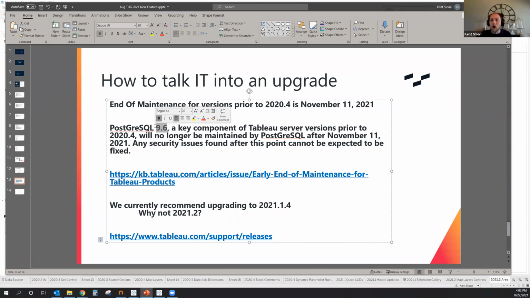So that's the big argument for why you should upgrade to a newer version of Tableau before the end of the year. The current versions we would recommend are 2021.1.4. We're still hesitant on 21.2. And that's more just traditional upgrade processes of saying, wait a little bit and don't run with the absolute most recent version.